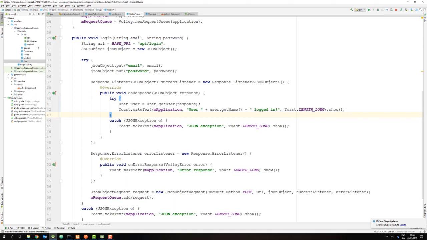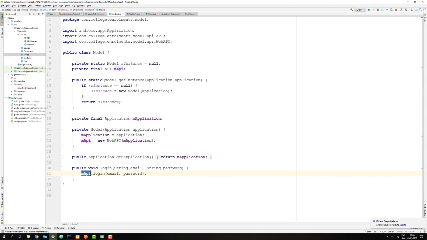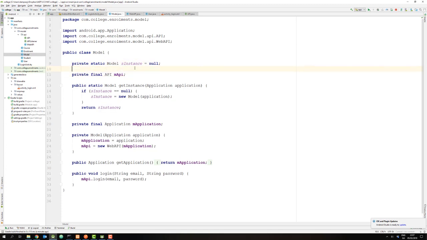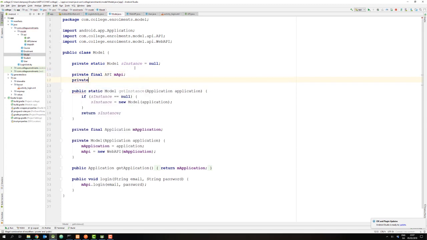Now what I need to do is I need to store that user object somewhere. So if I go back to my model class, I can store my user object in here because it makes sense to put it in here, because the model class is basically where I save all my data. So part of my data now is who I'm logged in as. So I can create a private variable here of type user. I'll call it muser,